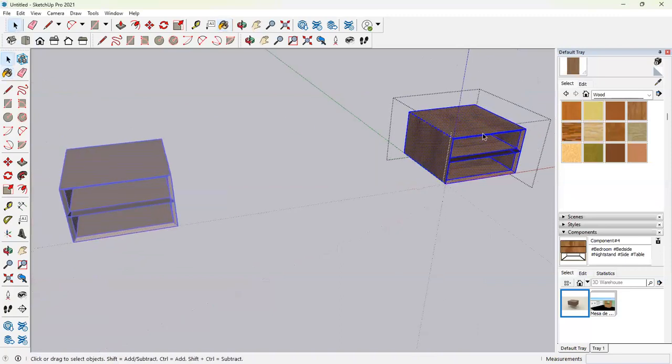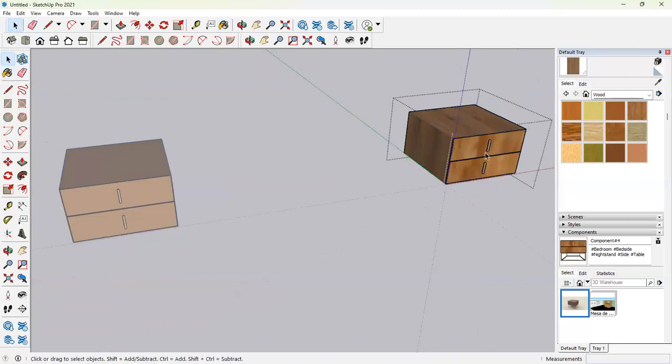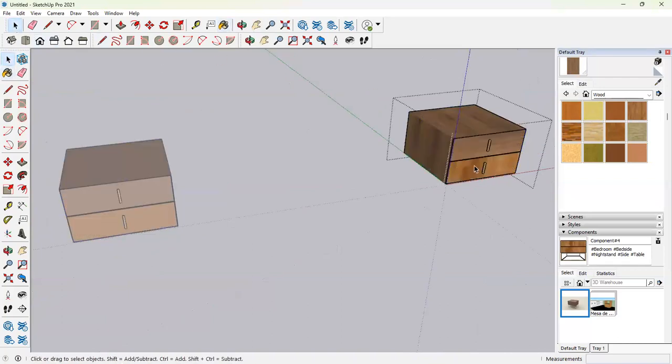I can select, like I said, the paint sample and it will activate that same color. And it will also